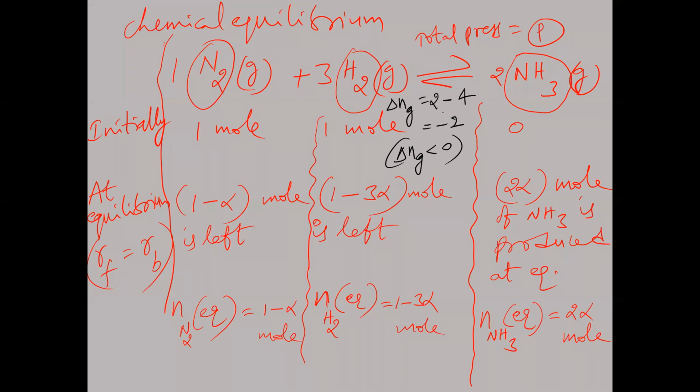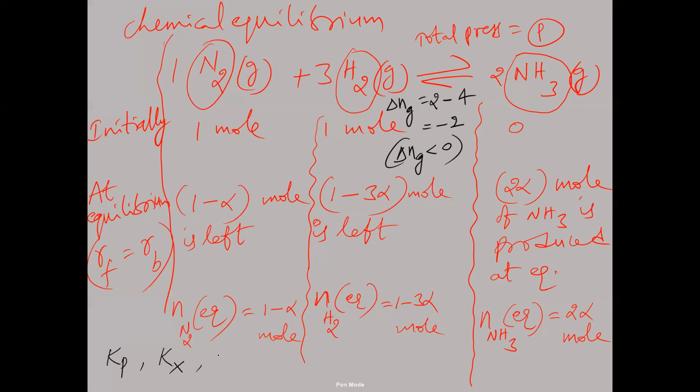In this condition, we must know the total number of moles of the equilibrium mixture, the number of moles of each reactant and product, and the partial pressures of each. The equilibrium constant of this reaction can be expressed in terms of partial pressures, mole fractions, and number of moles. So we can write Kp, which means the equilibrium constant in terms of partial pressures, and Kx, which means the equilibrium constant in terms of mole fractions, where x indicates mole fraction.